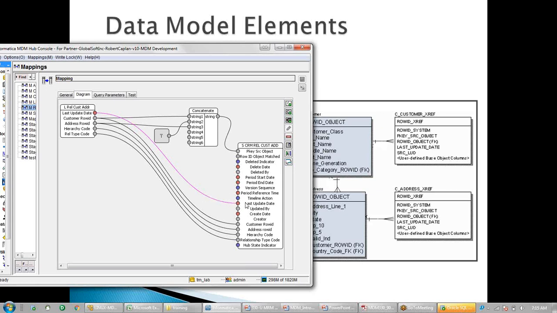Next, when you load the data from your staging table to the base object table, that is the customer table, this date will get populated in the column SRC LUD date. It will not go into the last update date column. It will go into the SRC LUD date column, source last update date. That is the column which is maintained to know what data date we have got from the source. Okay, so this cross-reference is for the base table. Yes, this is a base object cross-reference, like the customer table. So this is the cross-reference of the customer.